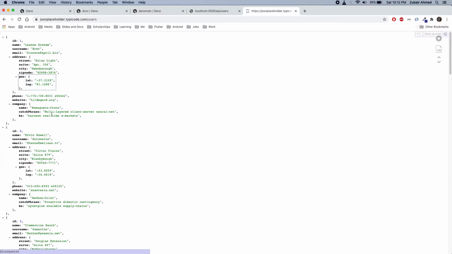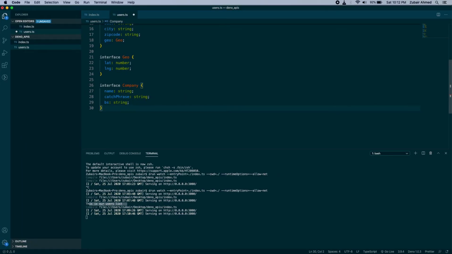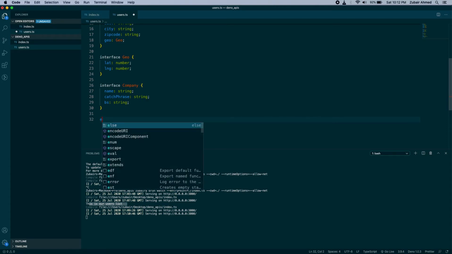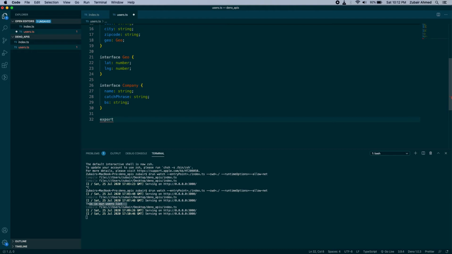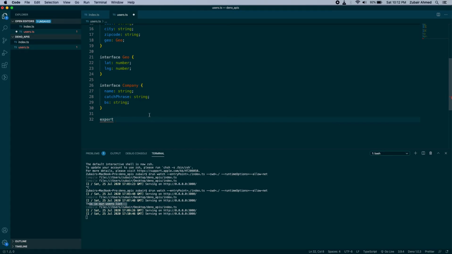Alright, so we have mapped exactly what we want from the users list, and now we have to create a function. We can export that function as well, so that we can use it here in our /users route, and it will return the results. You will see in a bit, which is very easy.